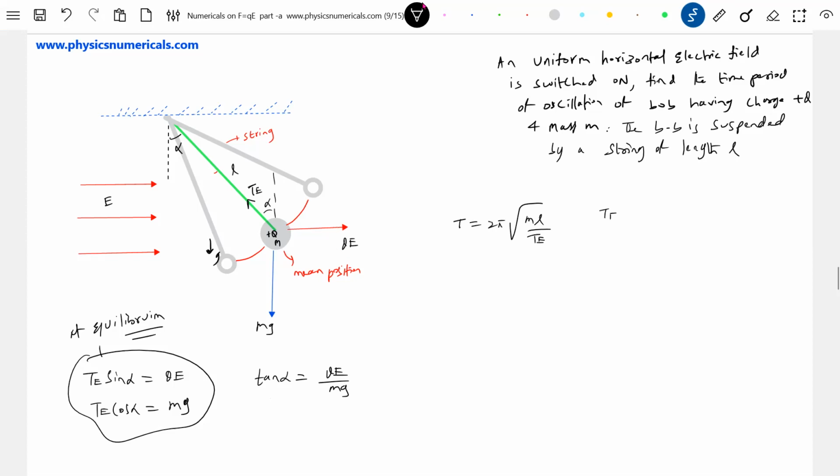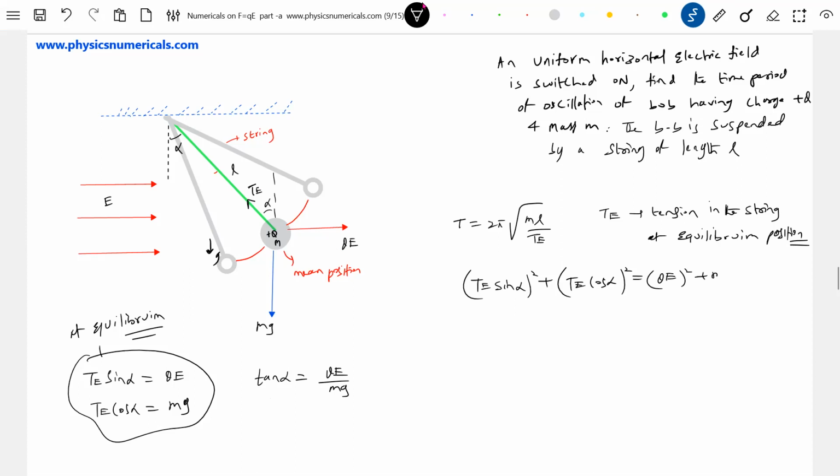What is T? Tension in the string at the equilibrium position. So squaring and adding these two, T sin alpha whole square, and so this will become T square equal to